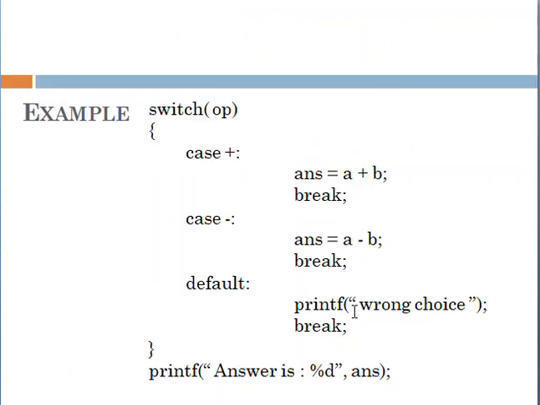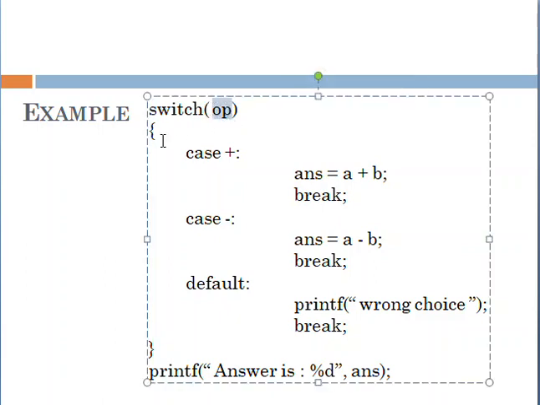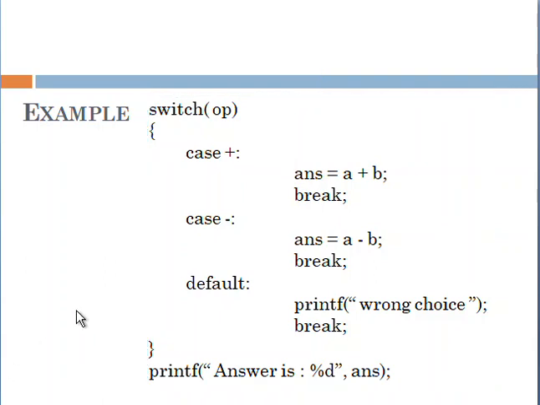So we have just an example. Switch case, here is our expression, here the expression is our operator, and we start with case 1. Case 1 is the addition of two numbers, and the colon is essential, and we have to make sure that all colons are specified at their correct place. So this is the example of our switch case.